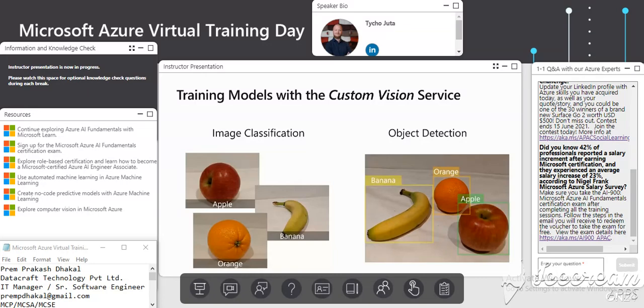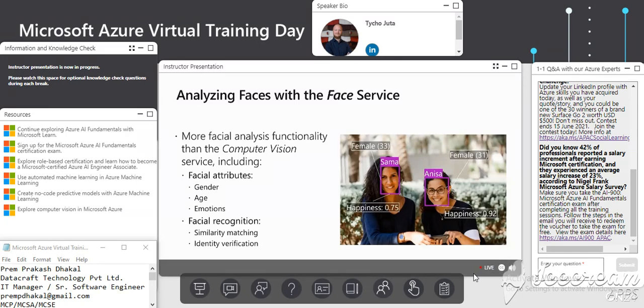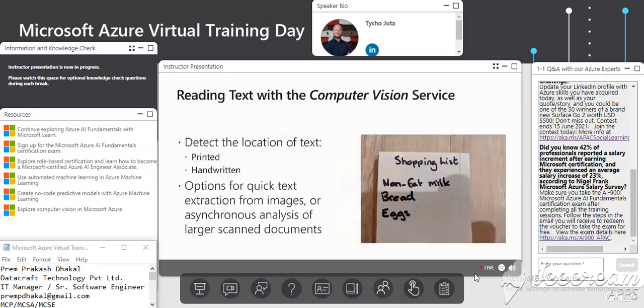We also have analyzing faces using the face service. And while the computer vision service provides some basic face detection, the face service offers additional capabilities. And that includes the analysis of facial attributes and the ability to compare faces for similarity, or even train a facial recognition model to verify the identities of individuals. Really interesting. Reading text we have. We already discussed it a little bit. But of course you can use it